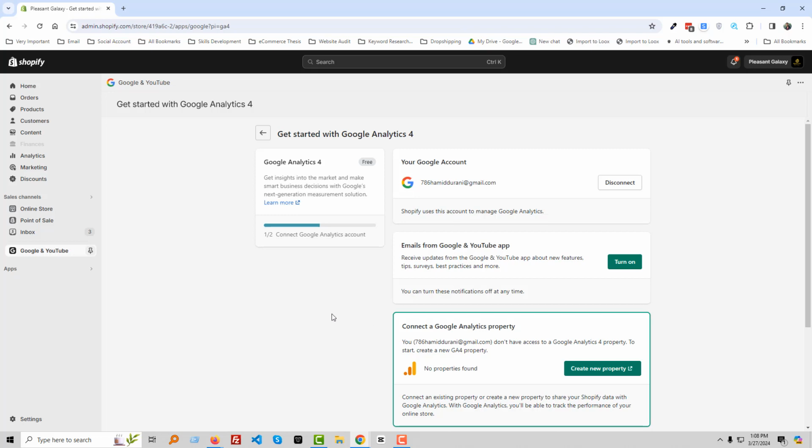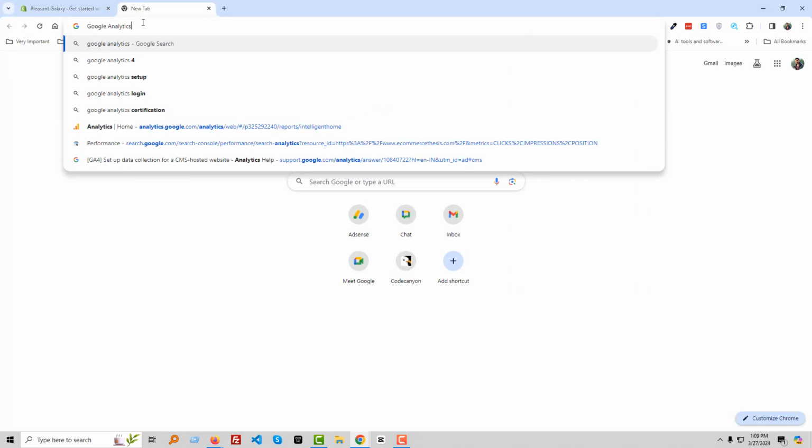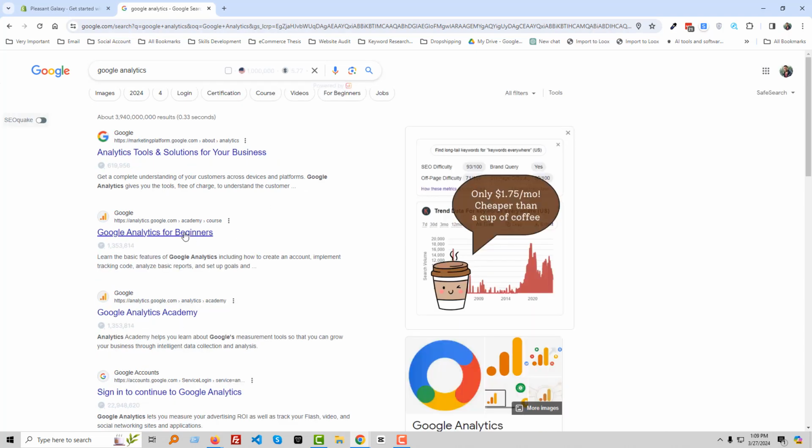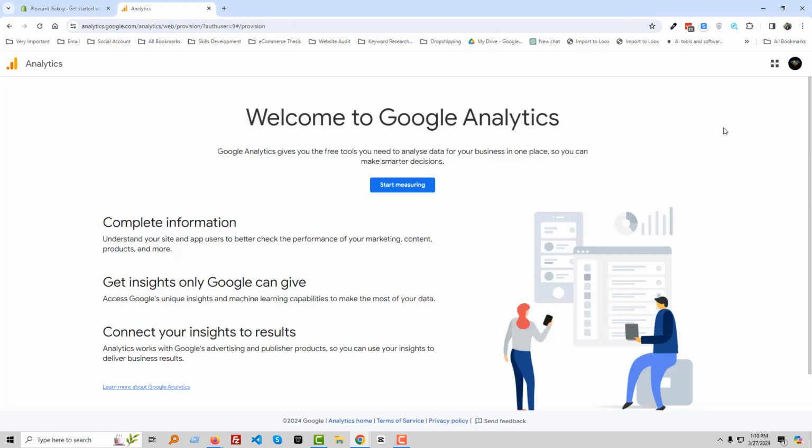Our next step is to connect a Google Analytics property. To do this, we have to go to the Google Analytics admin panel. I am going to the Google Analytics admin panel. Open a new tab, search Google Analytics, then go to Google Analytics. Welcome to Google Analytics. Start measuring. So we have to start from measuring. So click on this button,